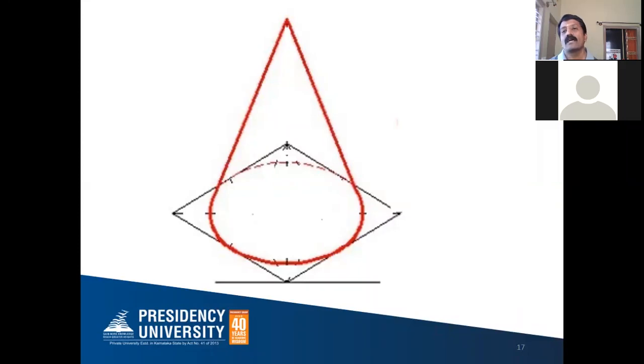So this completes the isometric projection of the pyramid, also all the pyramids that we have discussed. So as of today, what are all the things that we have